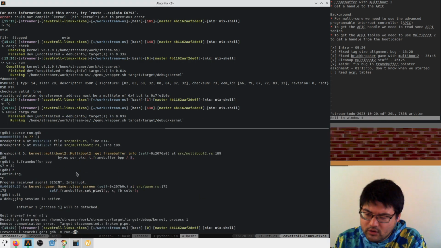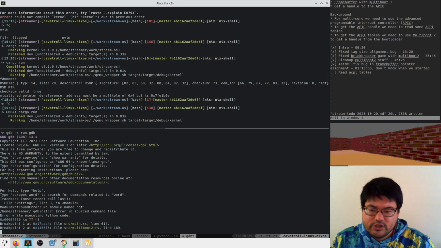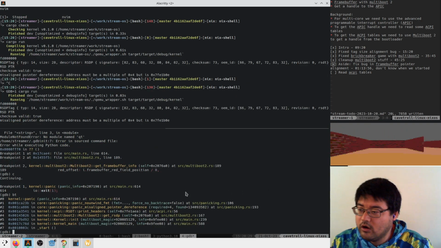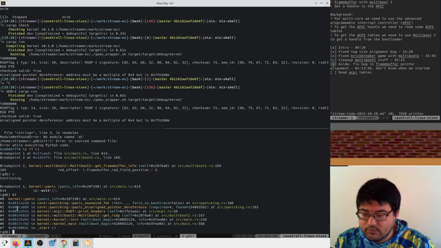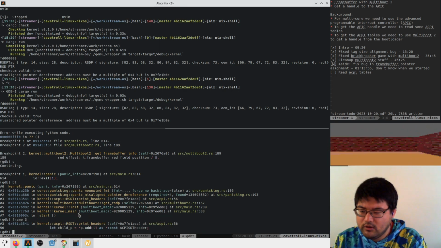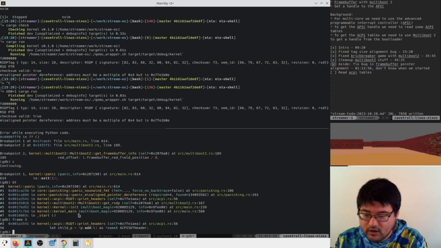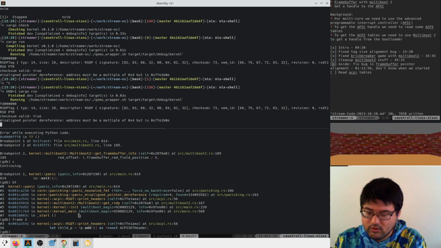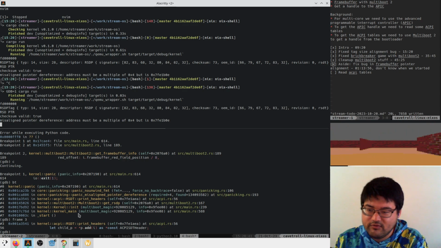So run.gdb, and where are we crashing? We are crashing in print headers as expected. And here it's p.add_i as star. Sure, okay, so that makes sense. This is in ACPI line 56.